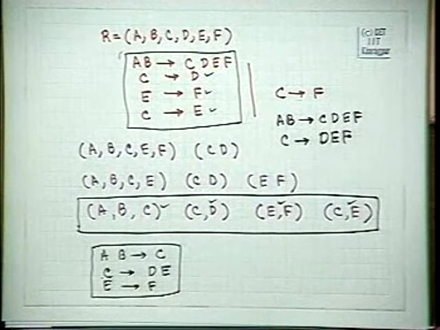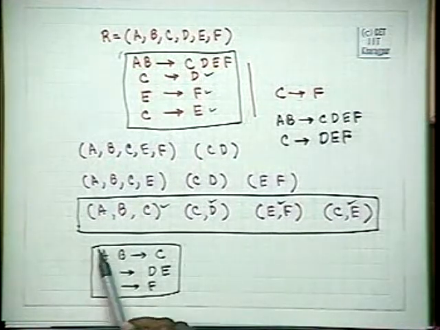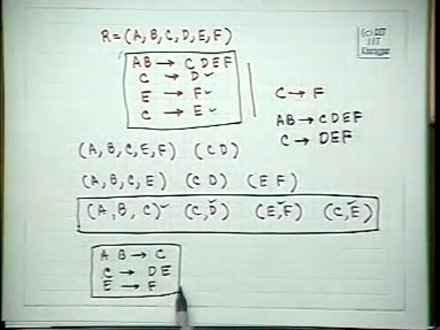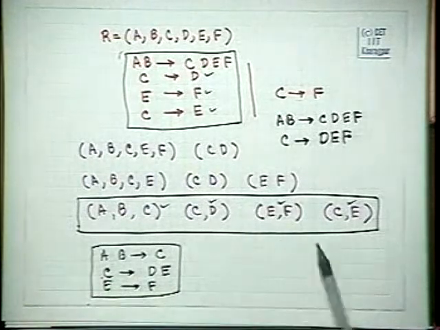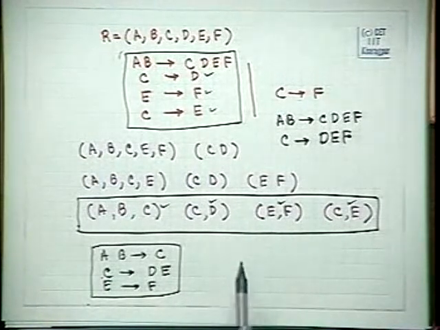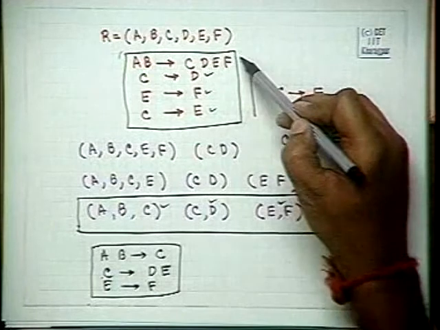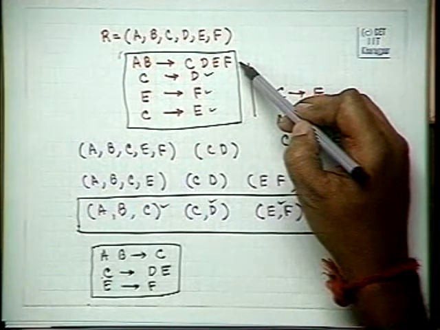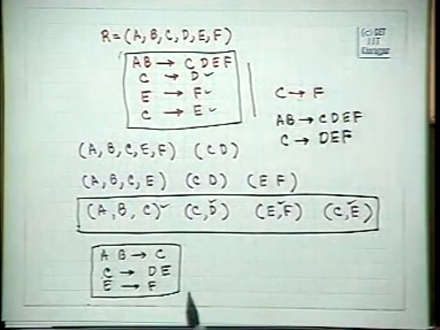So you have to be very careful, because this logically implies all of them, and if this logically implies all of them, then it is fine, it is still a dependency preserving one, whereas if you look at this one, it does not look like a dependency preserving one, but you have to be very careful.